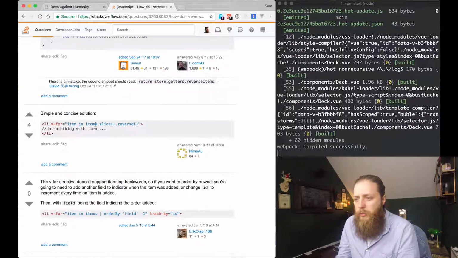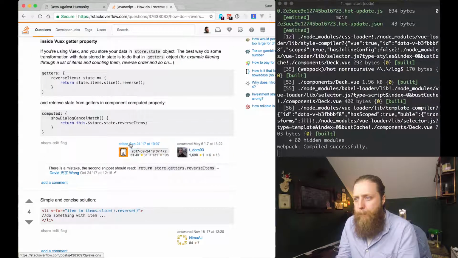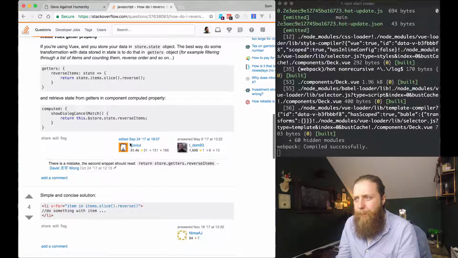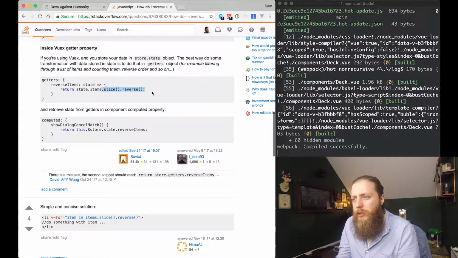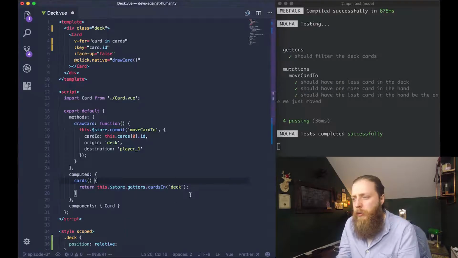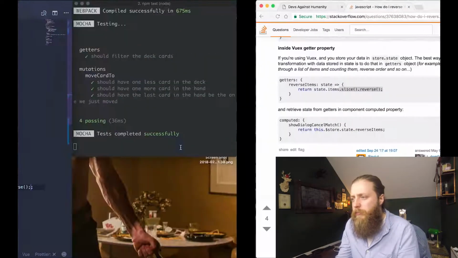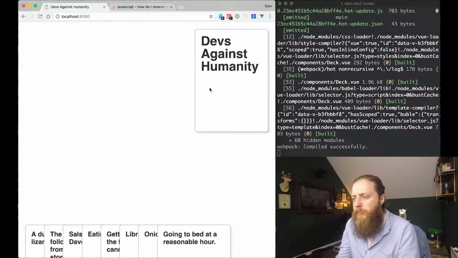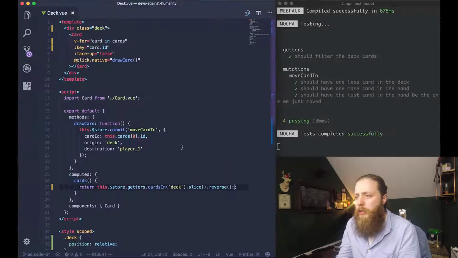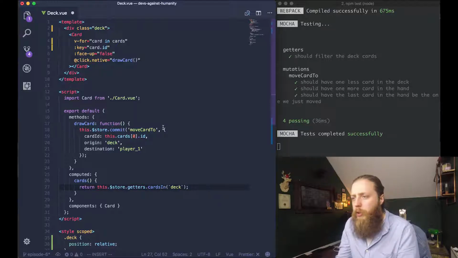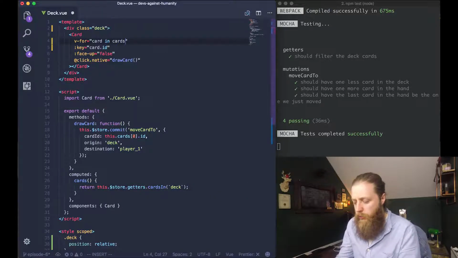This one, all right. Oh wait, .slice .reverse. I wonder, will that work? Will that make it a little bit more immutable? No, it does exactly the same thing. But the other one had .slice .reverse